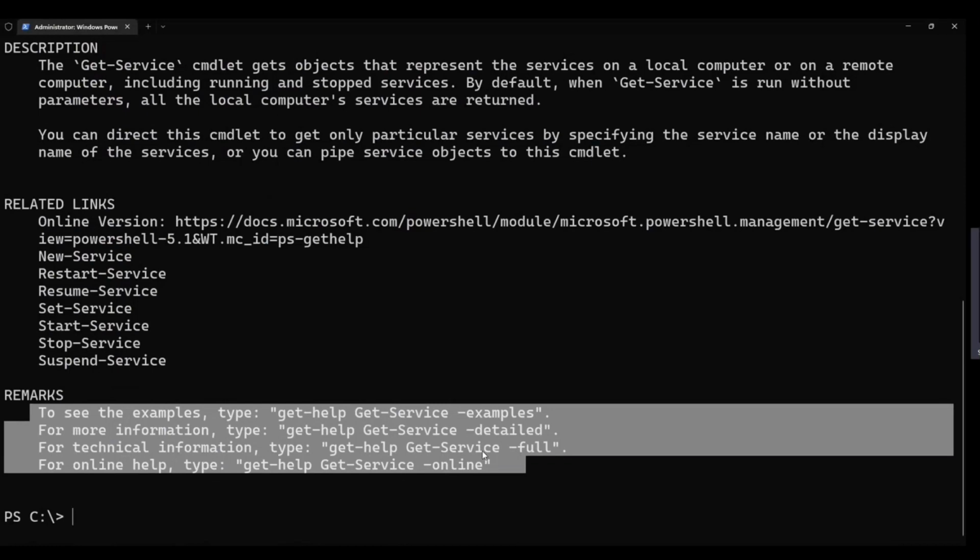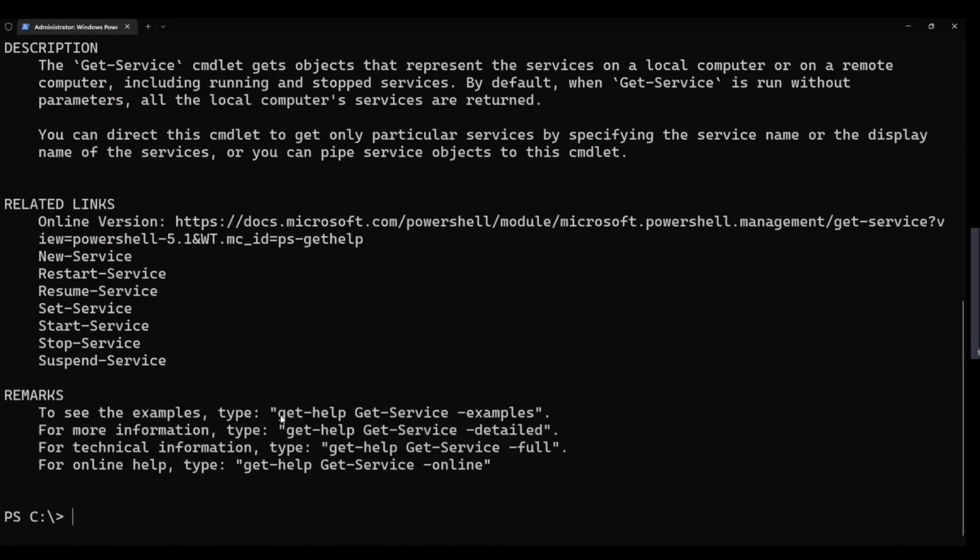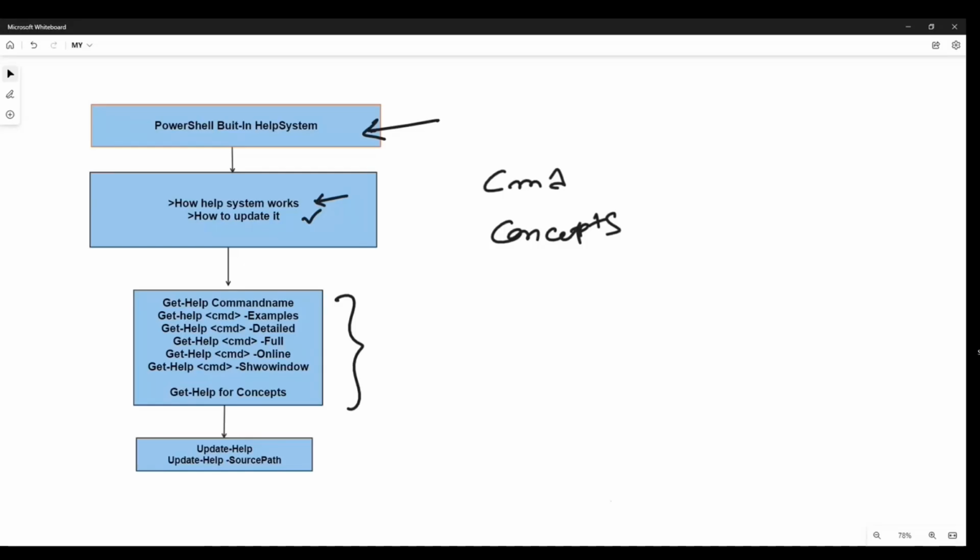But now we are using the help system without any additional parameter. You are just using the help system with a simple commandlet followed by that. You are not giving any parameters. Now let us look at some additional information of any given commandlet. So if you look at it, we have multiple other ways to use your help system. As you see here,